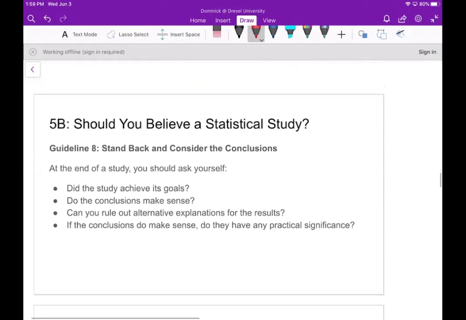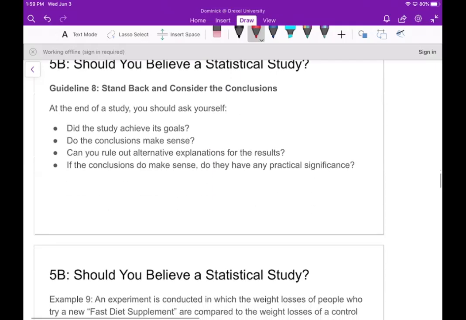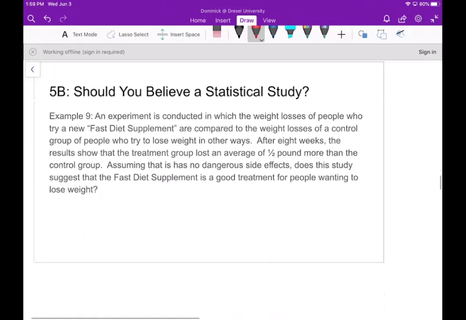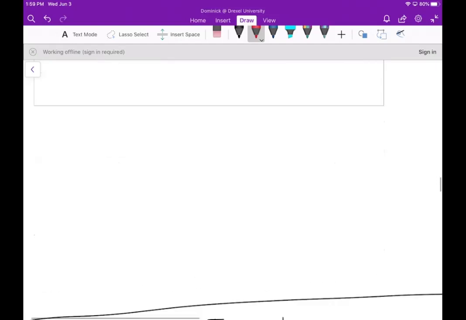And then, of course, the last guideline is to stand back and consider the conclusions. At the end of a study, you should ask yourself, did the study achieve its goals? Do the conclusions make sense? Can you rule out alternative explanations for the results? And if the conclusions do make sense, do they have any practical significance? So in this example, which I believe is the last one,